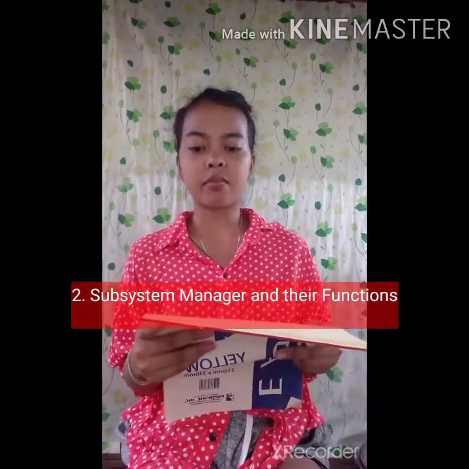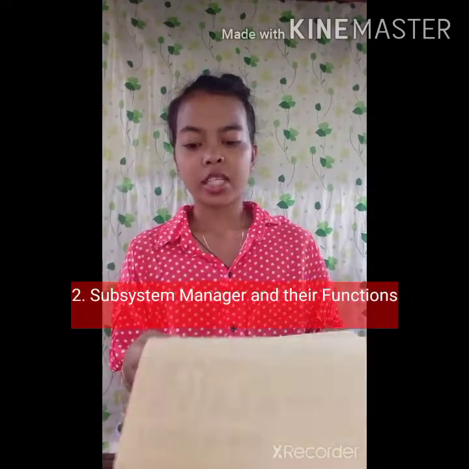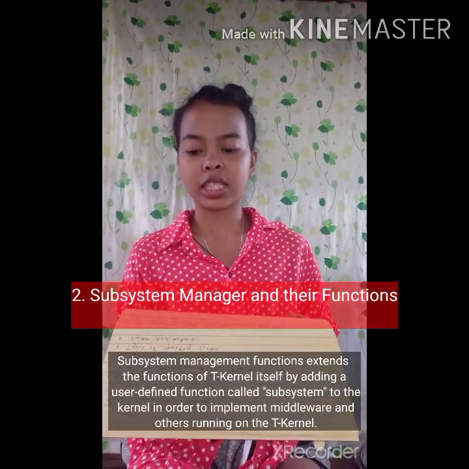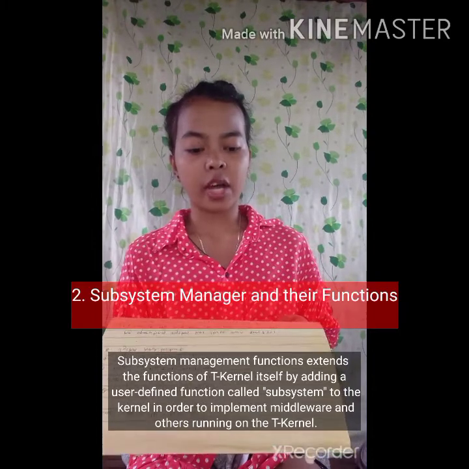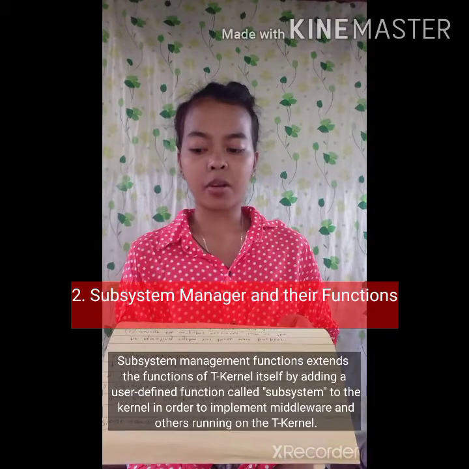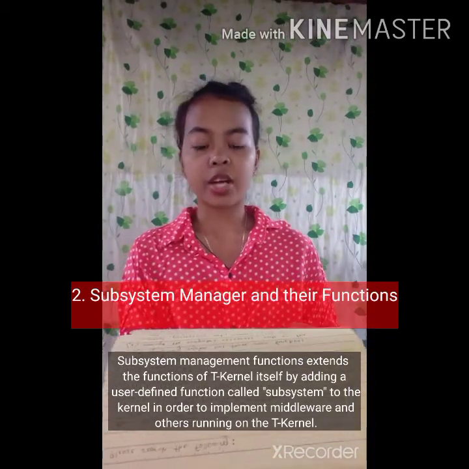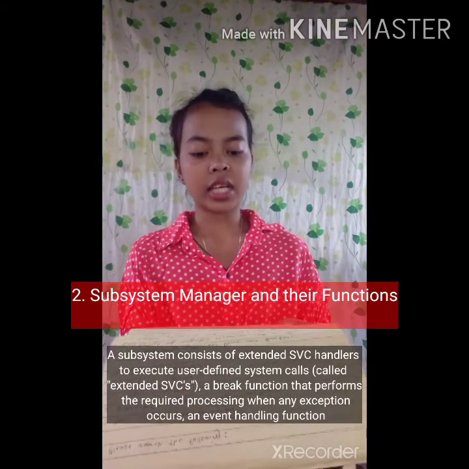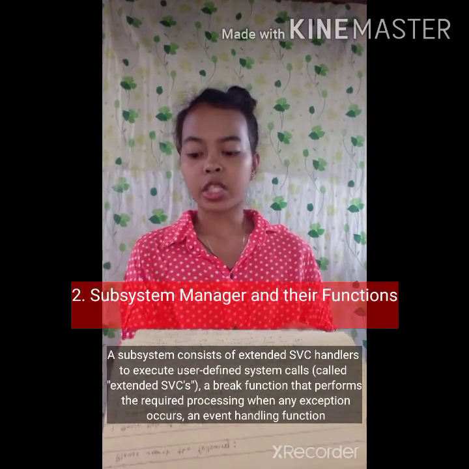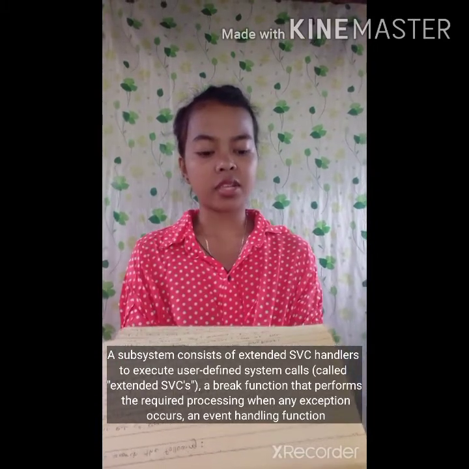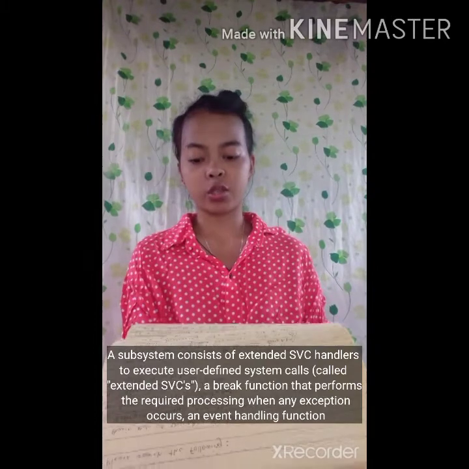So let's proceed to the second number, which is the subsystem manager and their functions. Subsystem management functions extend the functions of the kernel itself by adding a user-defined function called subsystem to the kernel in order to implement middleware and others running on the T kernel. A subsystem consists of extended SVC handlers to execute user-defined system calls called extended SVCs, a break function that performs